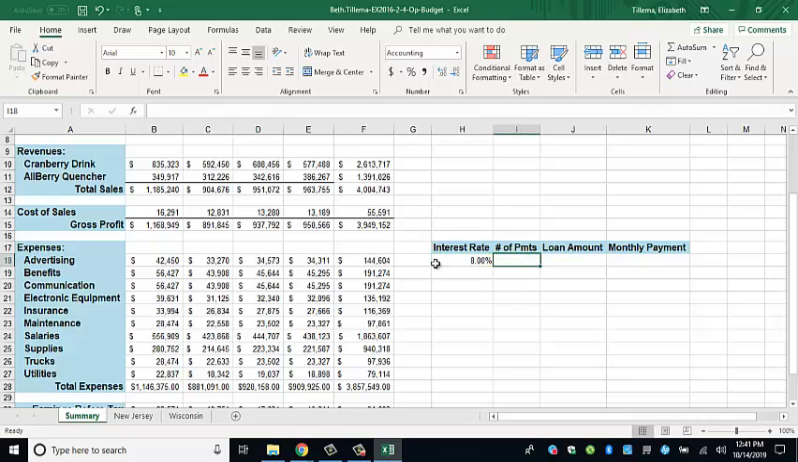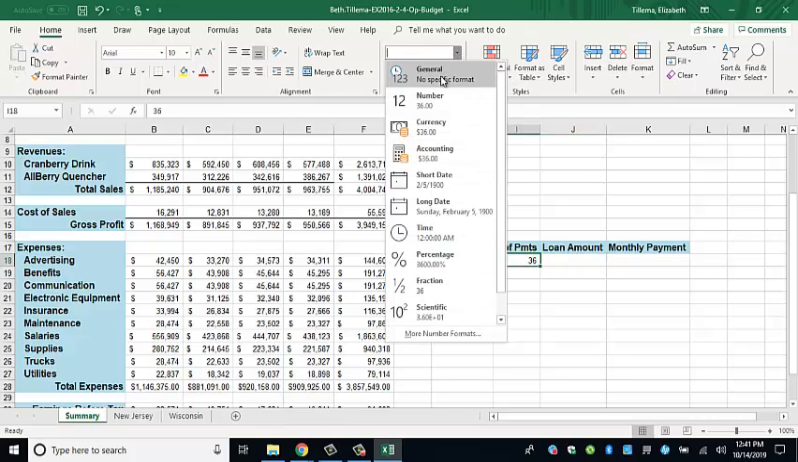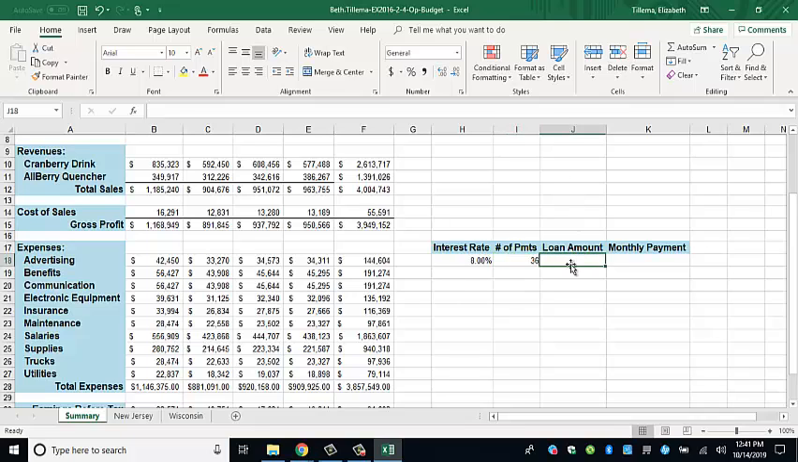I'm going to move over to I18. The number of payments is 36. I press tab, go back to the 36, and change the format from accounting to general. And the loan amount is going to be $200,000. And press tab. Now I'm going to go back to my $200,000 and make sure this is formatted as accounting,